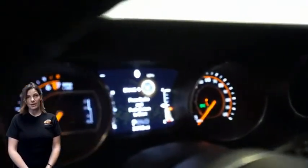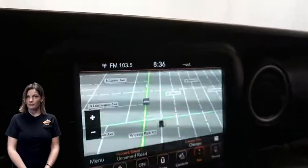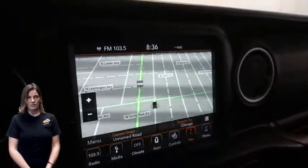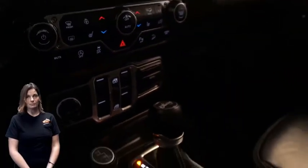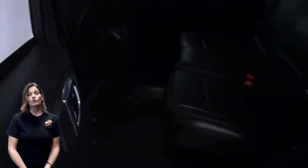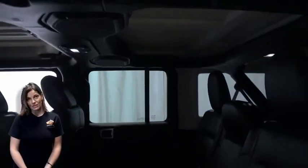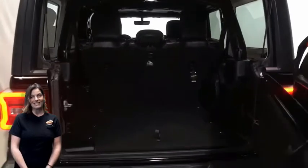8.4-inch touchscreen display, navigation, rear backup camera, Alpine Premium audio system, Command-Trac part-time four-wheel drive system, rear 60/40 folding seats, 3.6-liter V6 engine, and so much more. For additional details, visit us at marinocjd.com, stock number